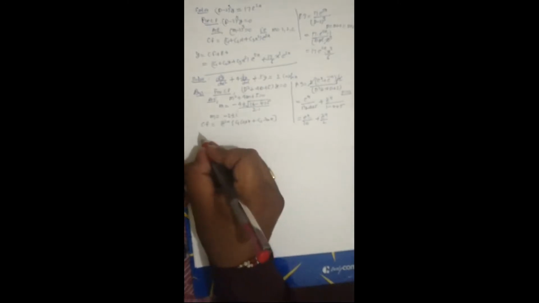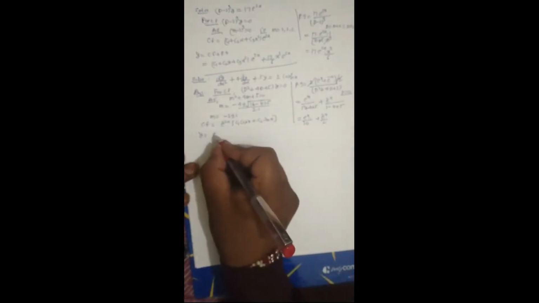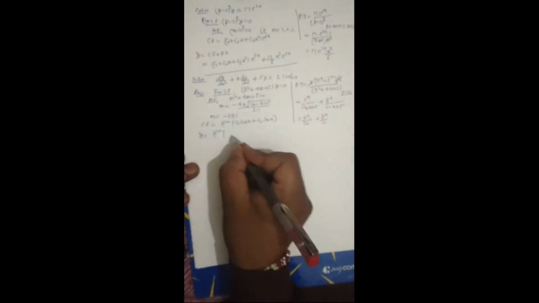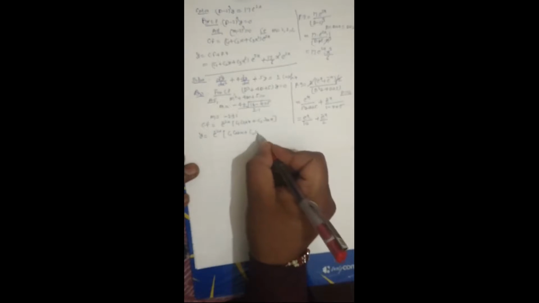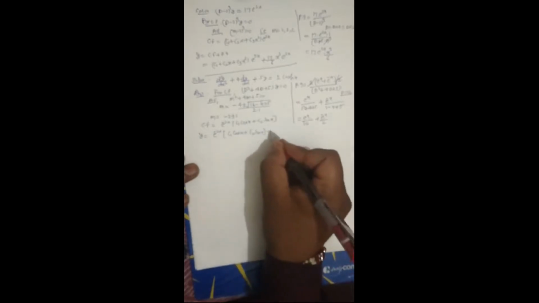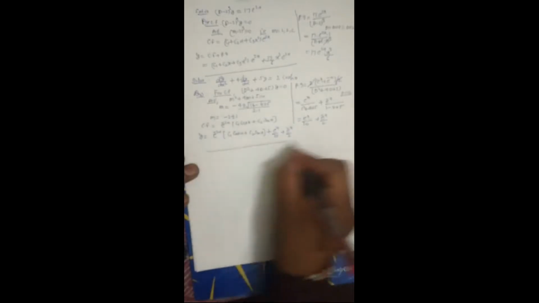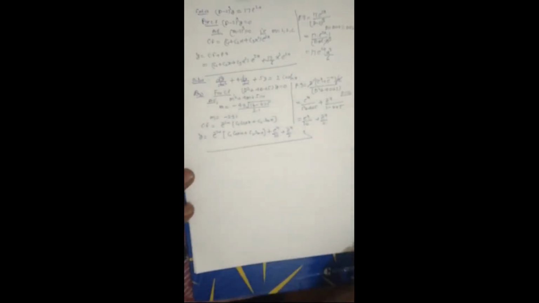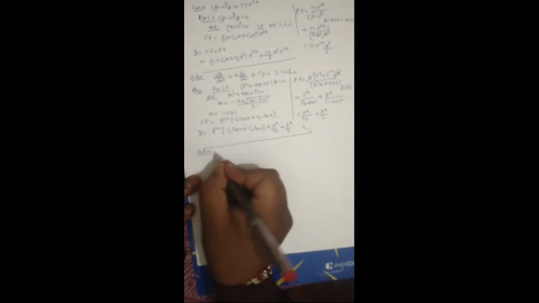Now the complete solution y equal to complementary function plus particular integral, that is e to the power minus 2x (c1 cos x plus c2 sin x) plus e to the power x upon 10 plus e to the power minus x upon 2 is the complete solution. Now the next problem is to solve